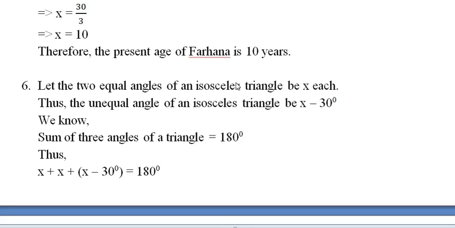Please read the statements out here. Okay, I will come back to the solution after I show you the picture of isosceles triangle. Or you can also open your book and try to see out there. Okay, so